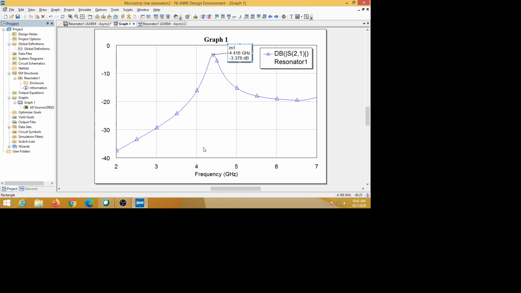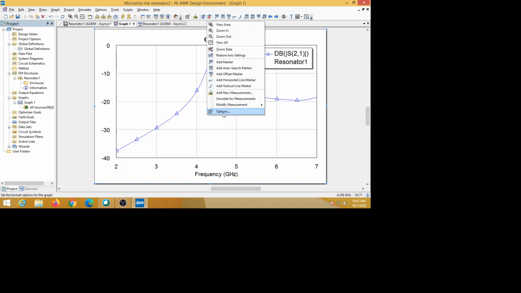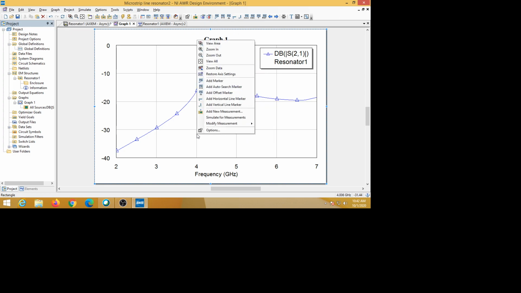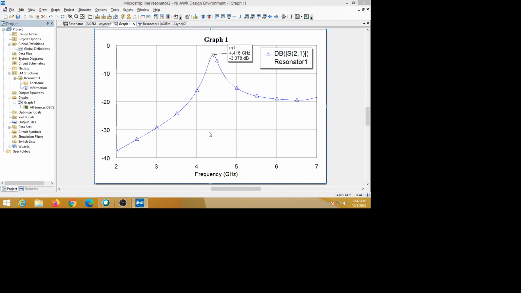We can change grids here. Instead of plotting grids at 1 gigahertz, we can plot at required points. We can also change the legend content and the graph title. All these can be done in the options. We can go to options here: right click on the figure, and the options will be there.